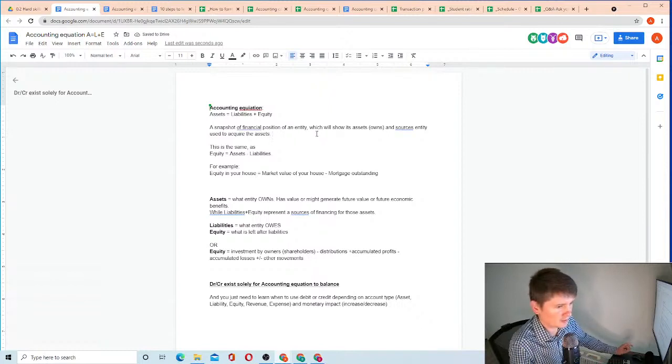So he wanted a statement which would show what the entity owns, its assets, and what sources of financing the entity used